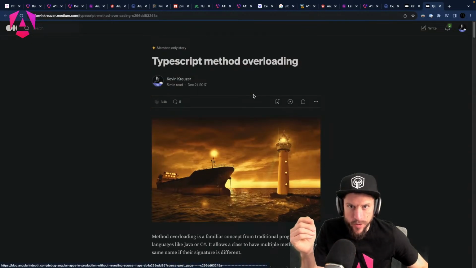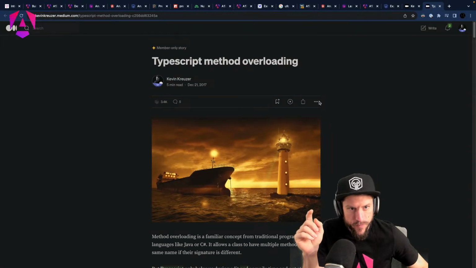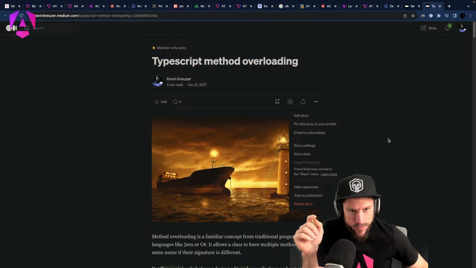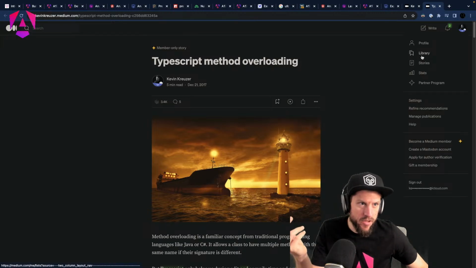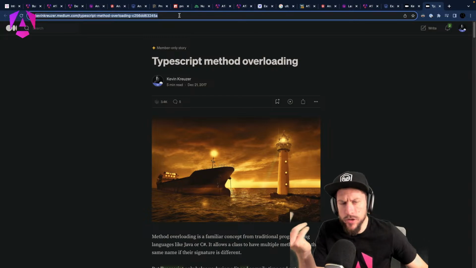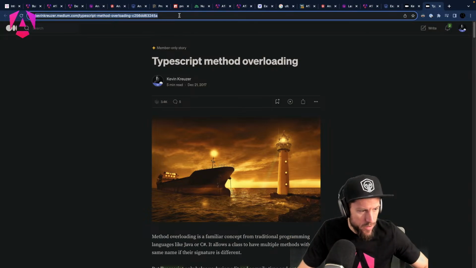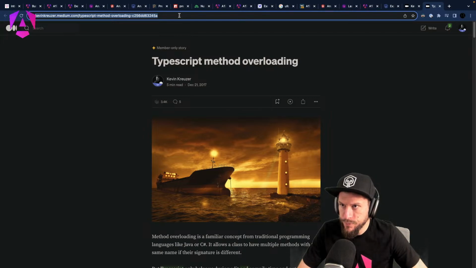I don't remember how much, but there were some crazy story stats. But yeah, I started on Medium. Nowadays people do a lot on dev.to, right? And basically now